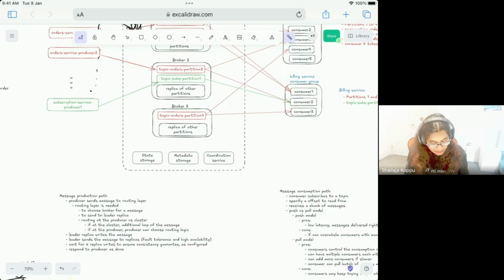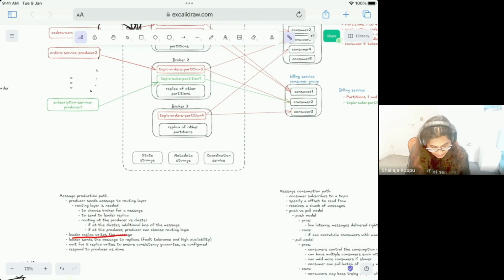Then the routing layer chooses the broker based on the partition key value, and the broker writes to the actual partition, then writes to the replicas as well. So one message is written to the original primary, and then the secondary replicas as well. And then routing at the producer versus that's what we discussed.